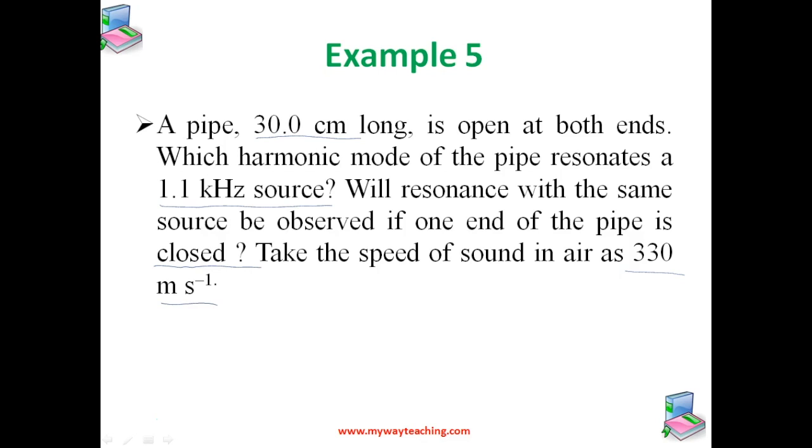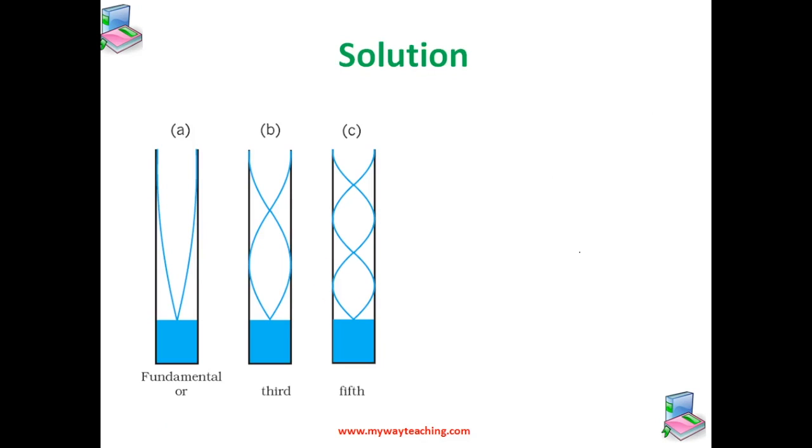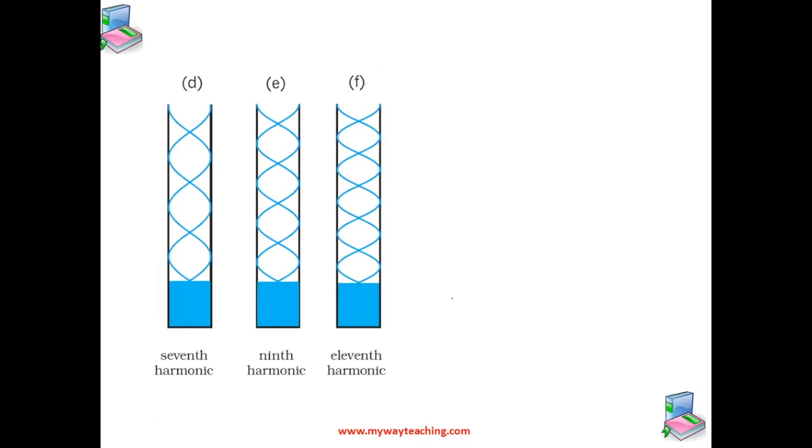The first harmonic frequency is given by v1 is equal to v by lambda 1, that is equal to v by 2L for an open pipe, isn't it? Where L is the length of the pipe, the frequency of its nth harmonic is given by vn. We studied this. That is given by n v by 2L, where n varies from 1 to 3 and it continues. The first few modes of an open pipe we can see in these figures: the fundamental, third, fifth, 7th, 9th,